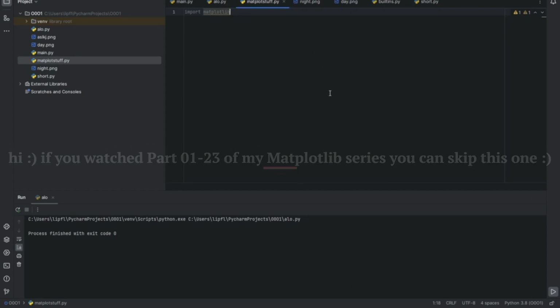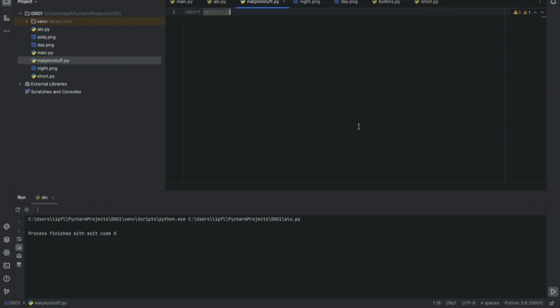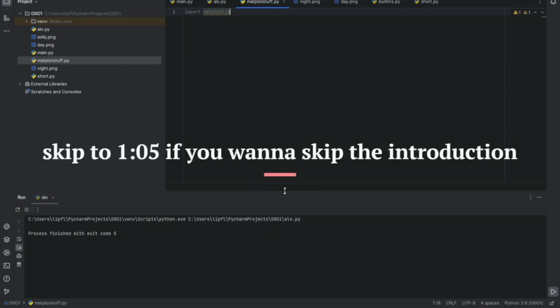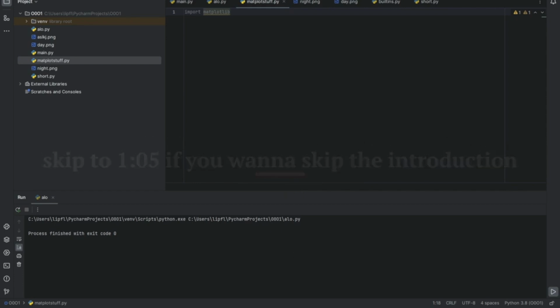Now finally we have come to Matplotlib, a tutorial I wanted to make for a long time. And yeah, today is the day we are covering it. Why Matplotlib? In our previous videos about data science, we did a lot of stuff regarding altering data, altering